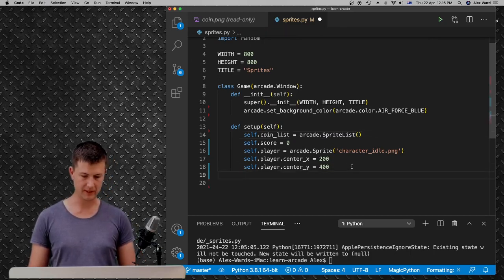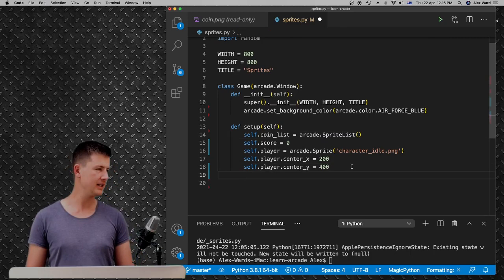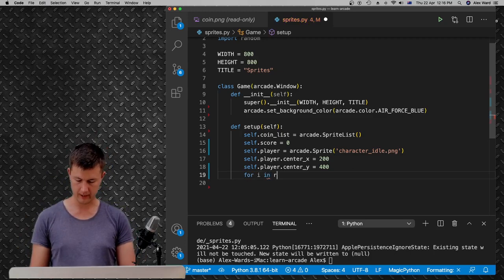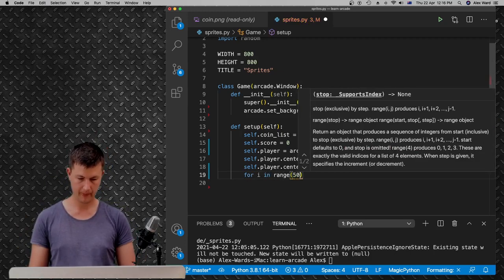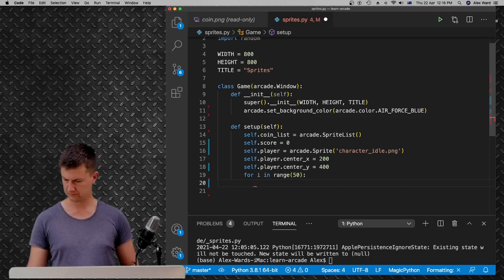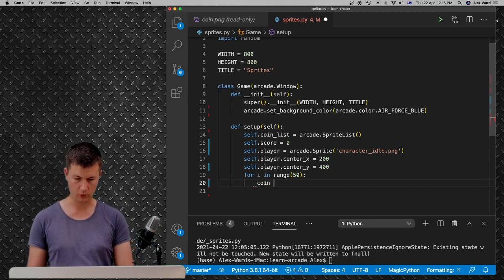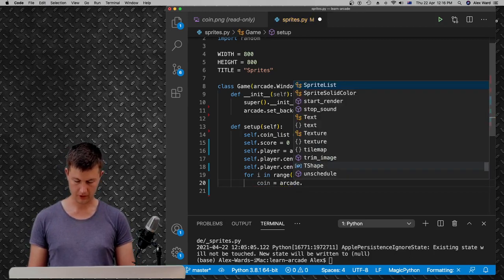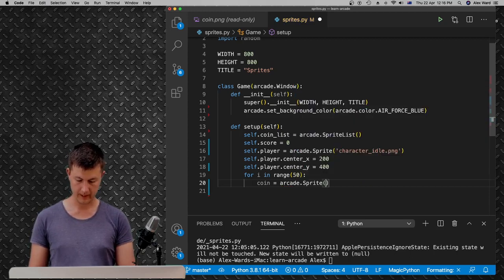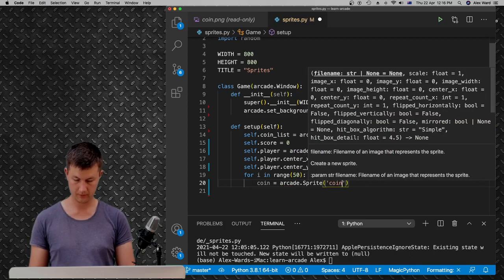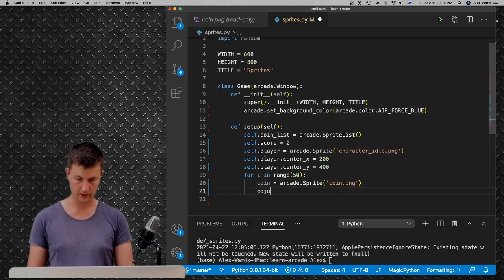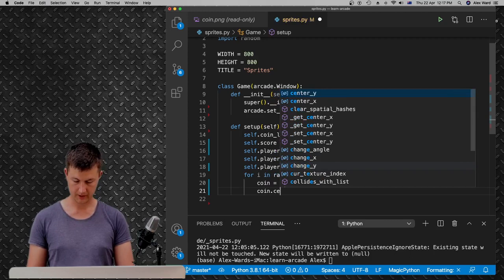and what we can do is let's now make a coin. In fact, let's make lots of coins. How to make lots of things all at once? A for loop. For i in range 50. Let's go. Our coin is going to equal arcade.Sprite, and our file name is coin.png. Okay, coin is equal to arcade.Sprite with coin.png,